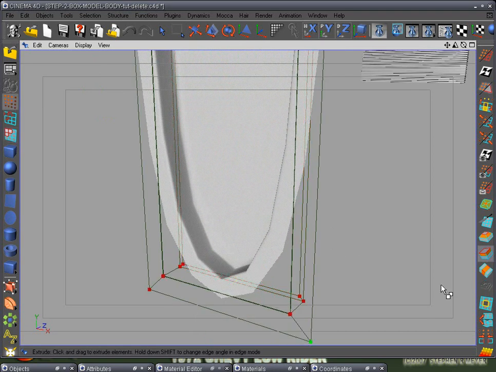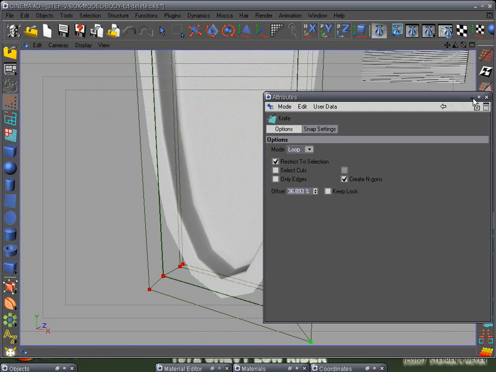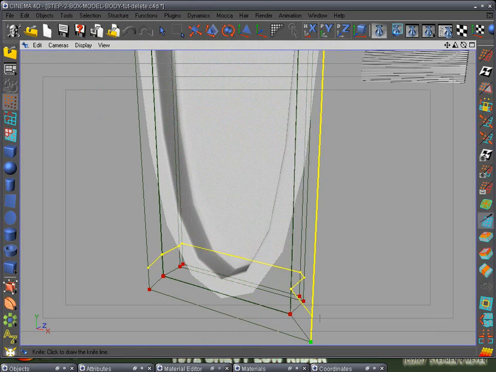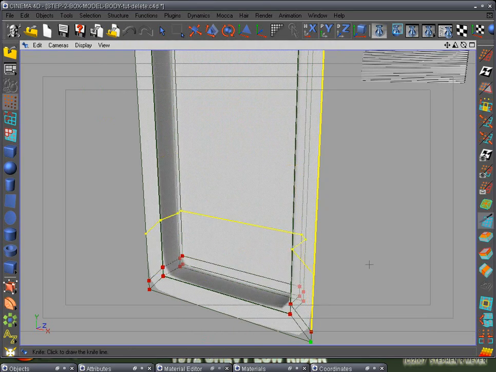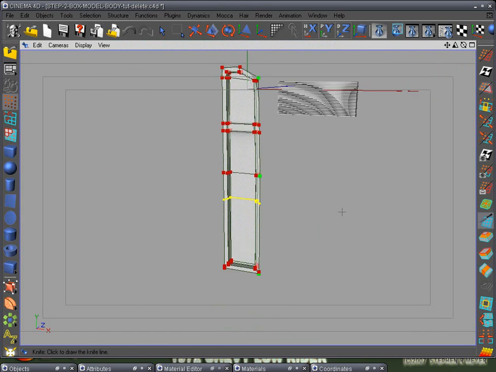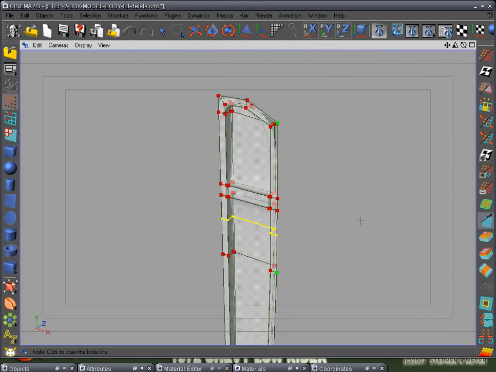So go back to points mode. Make sure loop's selected for your cut tool, and just add a cut right there. There, we fixed it. All right. Now go back to polygon mode